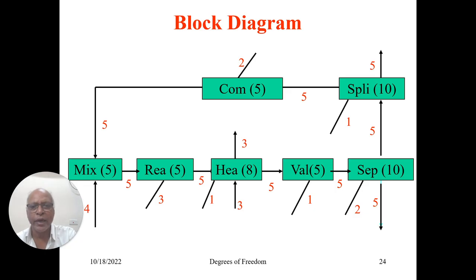In the case of heat exchanger, we said it is 1. Valve, 1: what is the exit pressure? Maybe if you take this separator as a flash column, 2 equipment parameters, because the input is divided into 2 outputs, at least one split fraction is mandatory. So this is the equipment parameter. In the case of compressor, 2 equipment parameters.